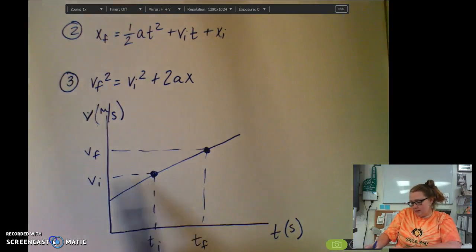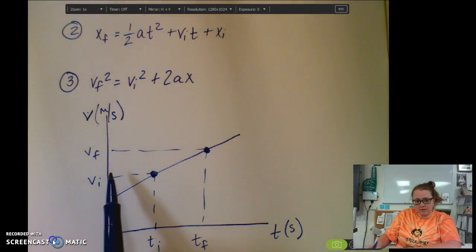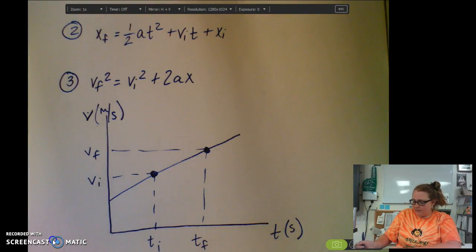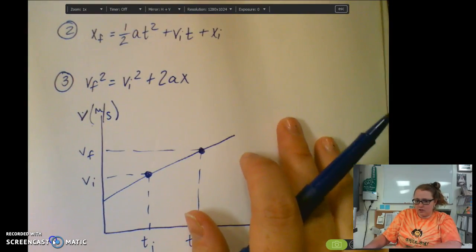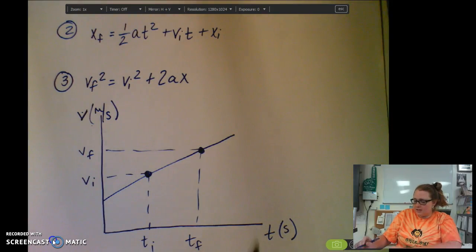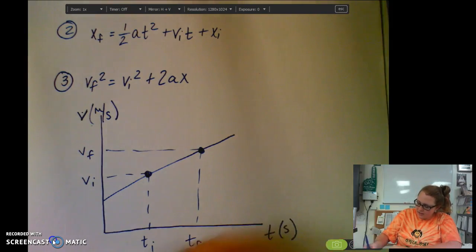So at this point, I have a specific velocity, vi, and at the final time for this point, I have a specific velocity of vf. So from here, I need to derive our first equation, that acceleration is a change in velocity over a change in time. Now that's pretty straightforward. We've already learned that